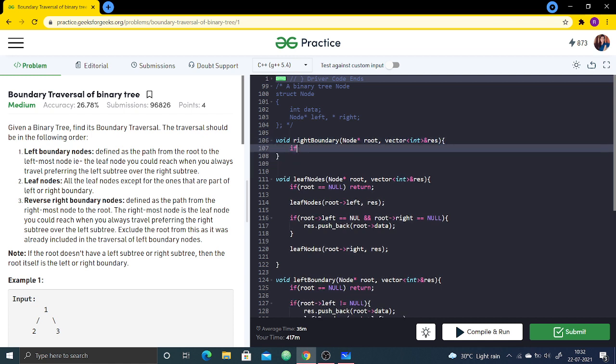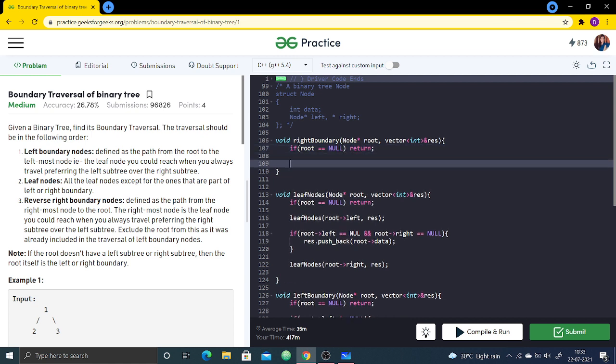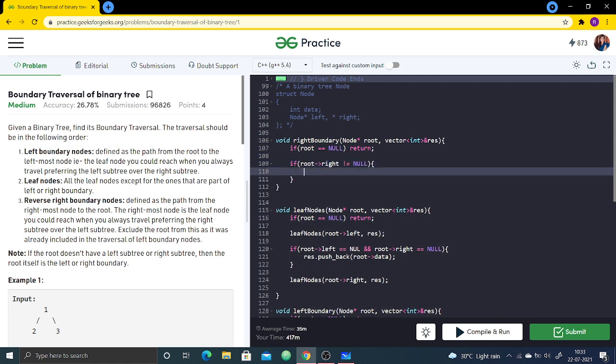Now see, we will write same base condition, that is, if root is null, then we don't want to do anything. After that, we will check for its right child. Now while printing for the right boundary, we have to prefer the right subtree over the left subtree. So in the first step, we will check if its right child exists.